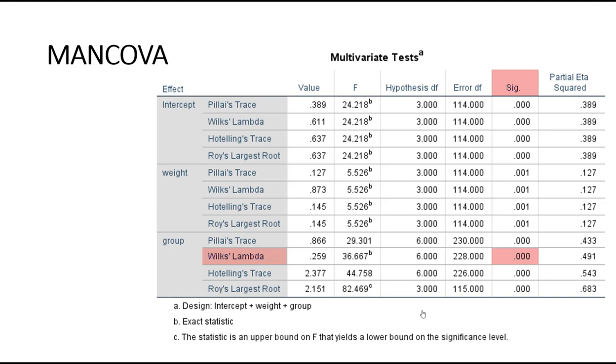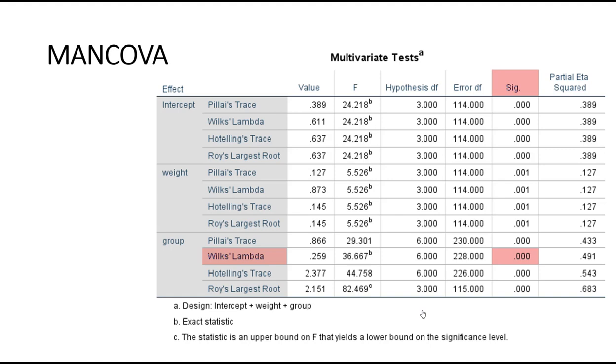For example, it would suggest that the combined mean scores of our dependent variables, cholesterol, C-reactive protein, and systolic blood pressure, which have been adjusted for the continuous covariate weight, differ between the three groups of our independent variable group. In other words, the low, moderate, and high physical activity groups. Therefore, in order to interpret the results from the one-way MANCOVA, you need to look at the multivariate test table